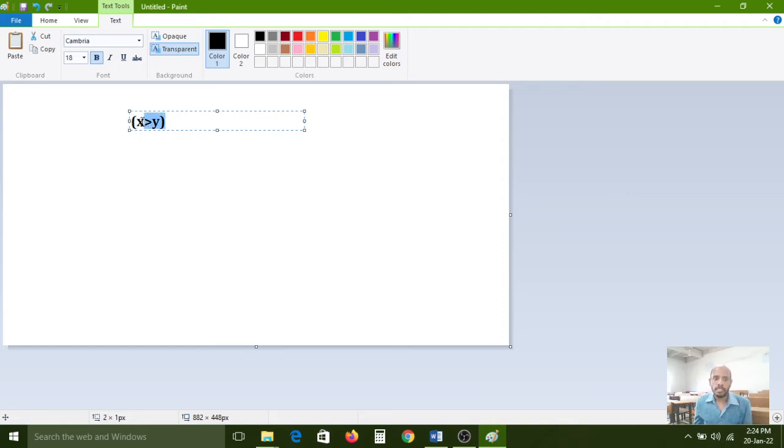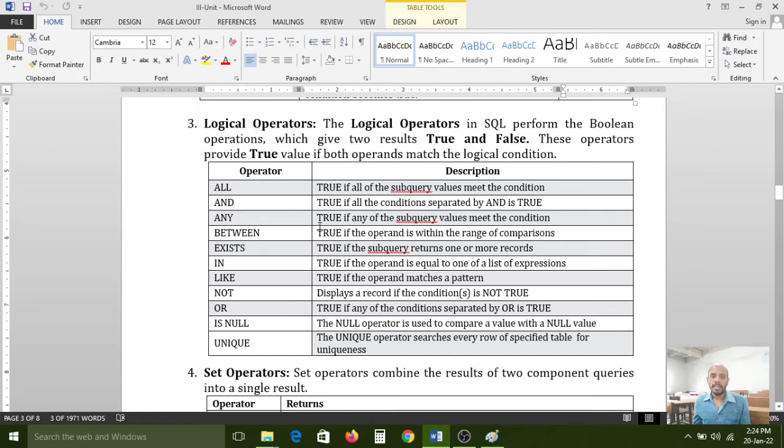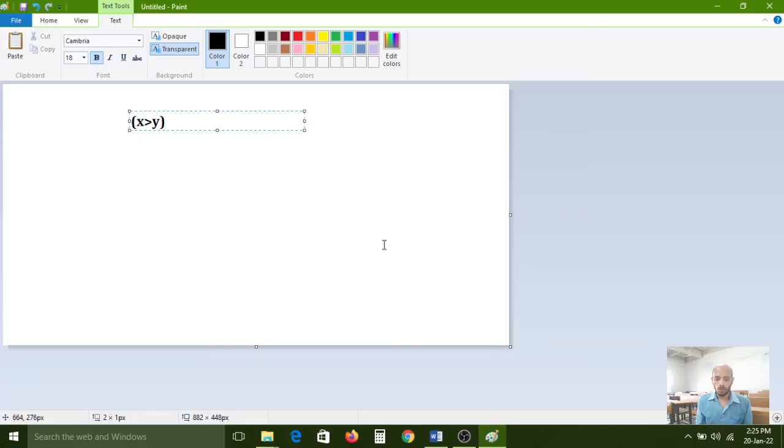So in a single expression we can use only a single operator, but in a logical expression we can check two conditions at a time. Here, what is this? The AND operator. In C programming language we simply use the AND symbol, but here we can use the word AND. The AND word also works like an operator in RDBMS Oracle software.